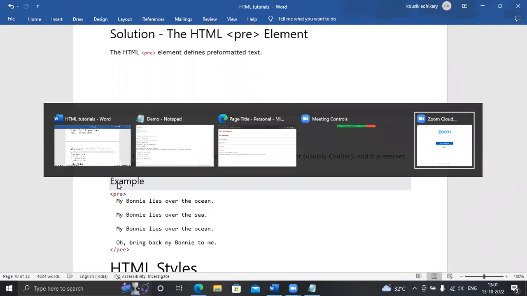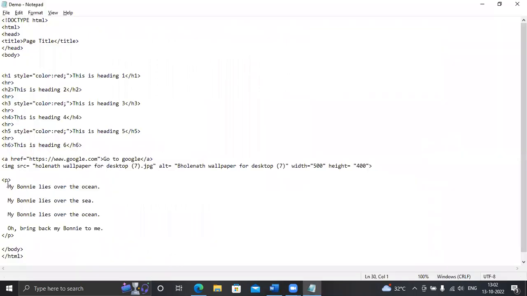Let me check if it is working or not. Pre, and I am closing that pre.